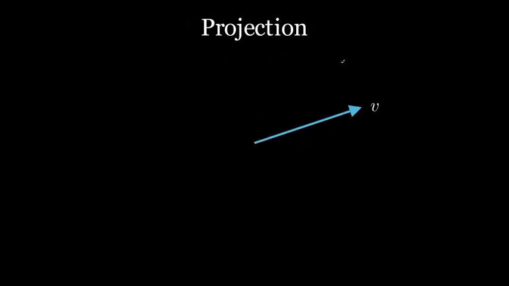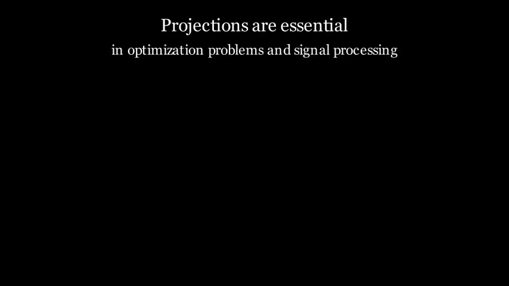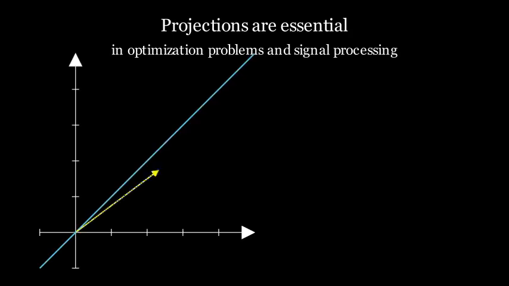In a Hilbert space, two vectors u and v are orthogonal if their inner product equals 0. This idea is essential for understanding projections. The projection of a vector u onto a vector v is calculated by taking the inner product of u and v, dividing it by the inner product of v with itself, and then multiplying the result by the vector v. Projections are essential in various applications, including optimization problems and signal processing, where they help in approximating solutions and filtering